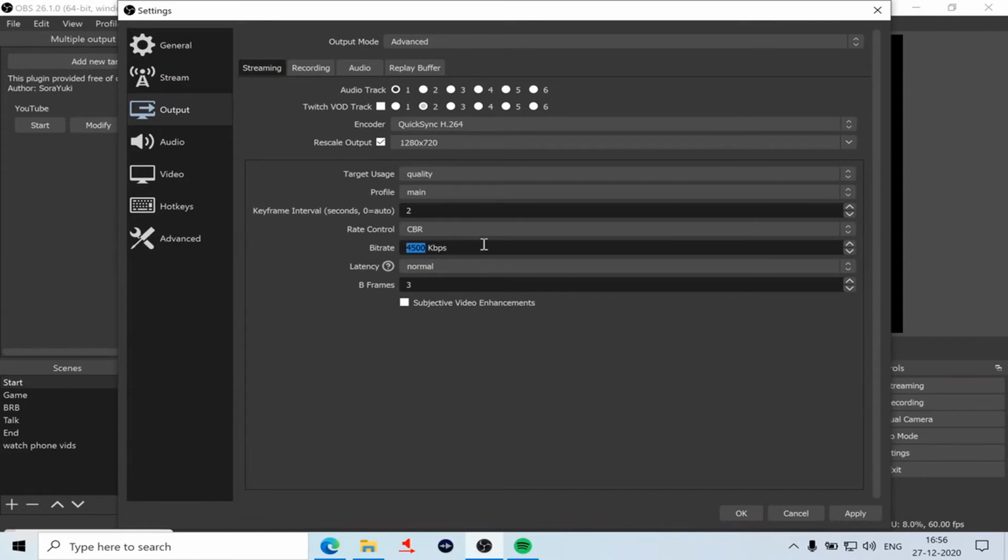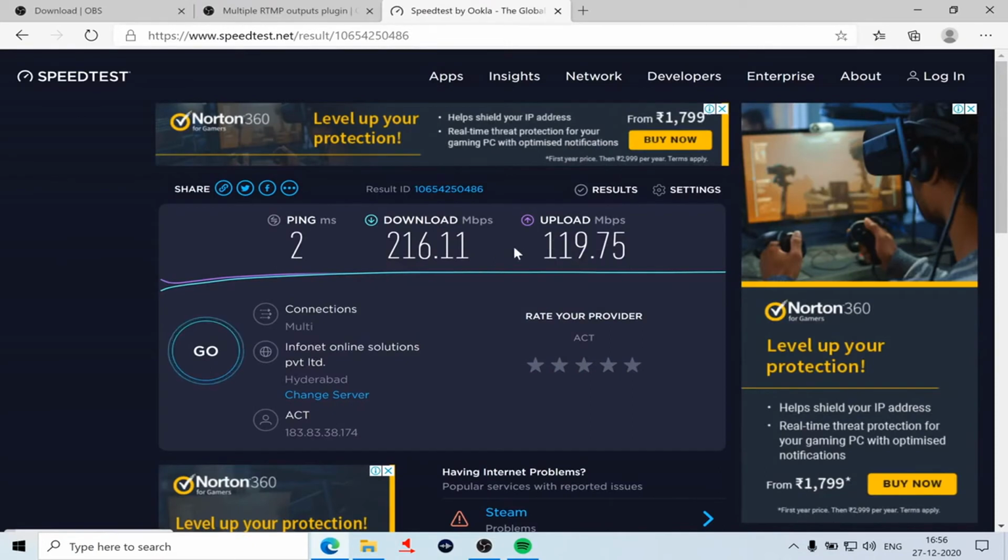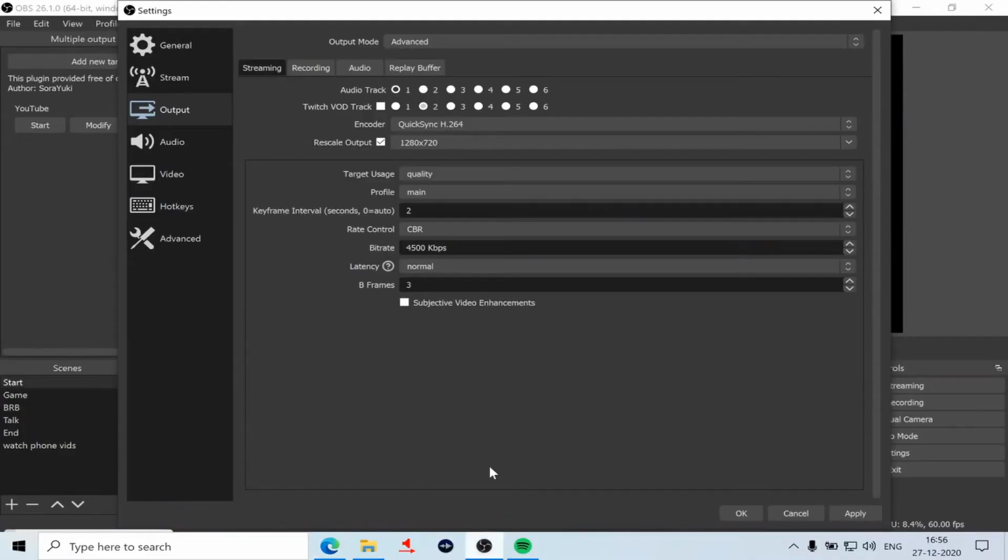If your internet speed is not as high, for example if it is 10 Mbps, you want to make sure that this does not exceed 3500 kbps. If the maximum upload speed you're getting is 10 point something, make sure this does not exceed 3500. Otherwise, the stream will be laggy, and we don't want a laggy stream ever.